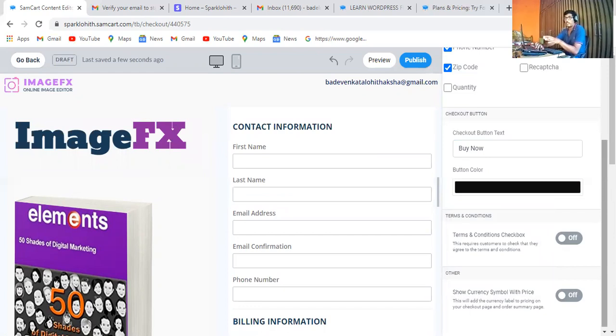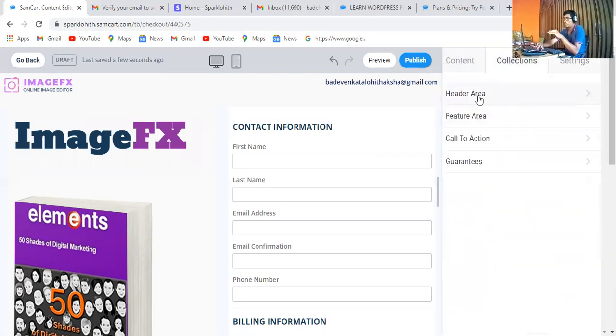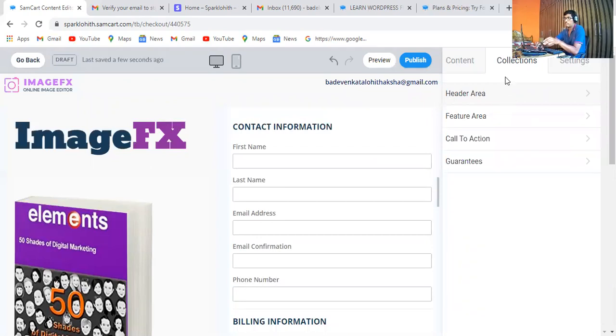Directly you have to click on publish. If you want to drag, you can drag it also. But now I'm not selecting anything. In this collection option you can drag anything. You can drag any one of the things also.